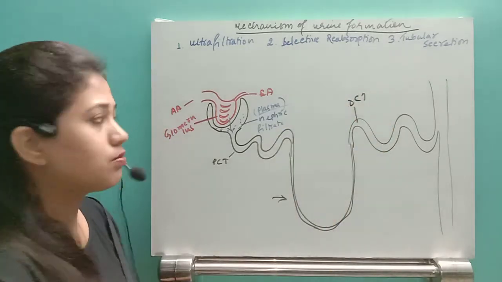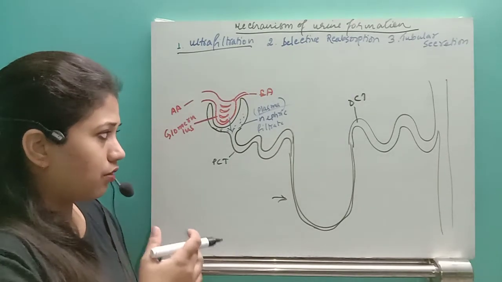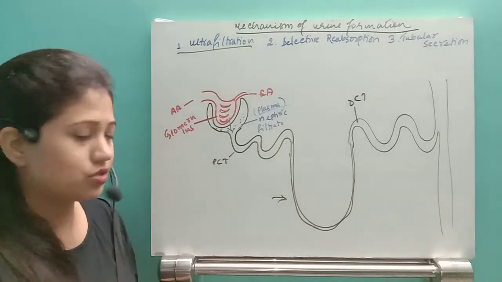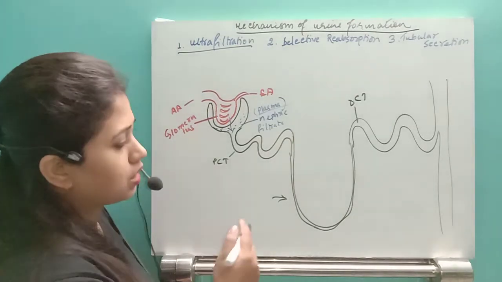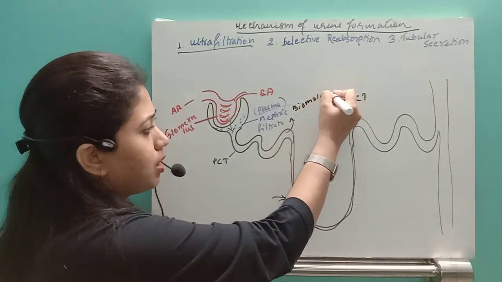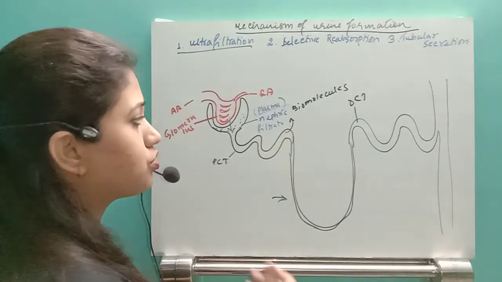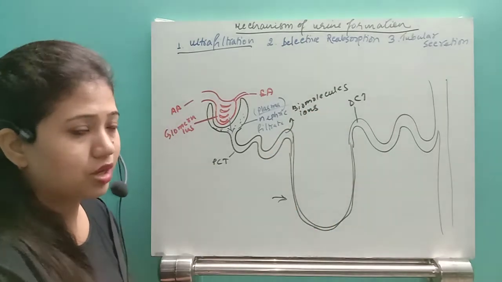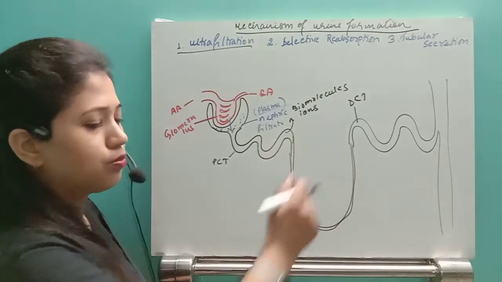So what happens, maximum thing, see, we have completed ultrafiltration, that is the process of filtration from the glomerulus to the Bowman's cup due to a force, that is glomerular hydrostatic pressure. This is a PCT, proximal convoluted tubule, where maximum biomolecules like glucose, fructose, galactose, amino acids will be reabsorbed, and some ions and electrolytes will also be reabsorbed, but not 100%, around 70% of ions will be reabsorbed. Then after that, this is the loop of Henle.